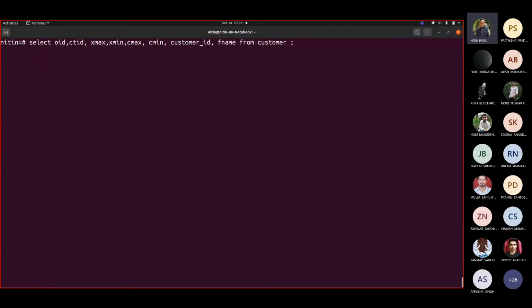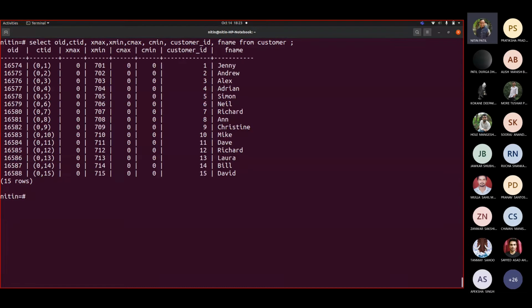OID is added only when you create a table WITH OIDS; you have to specifically write that, the way I showed you. If you don't write WITH OIDS, it will not add OID, but it will add these other columns too. So these are the other columns added over there.